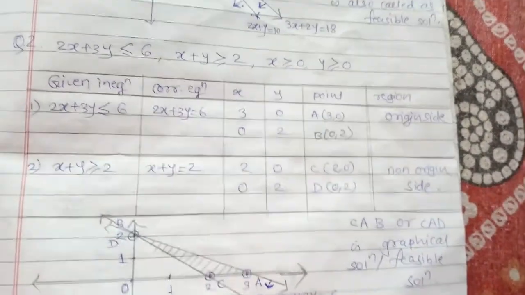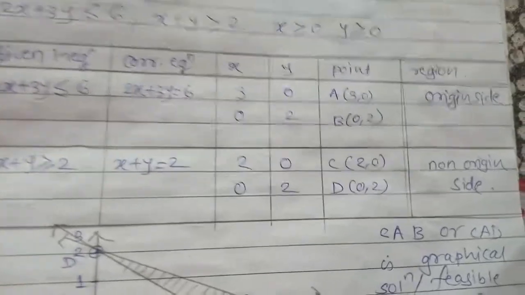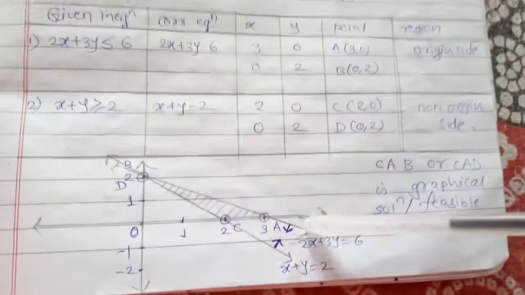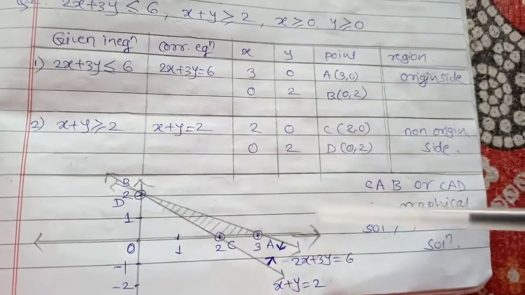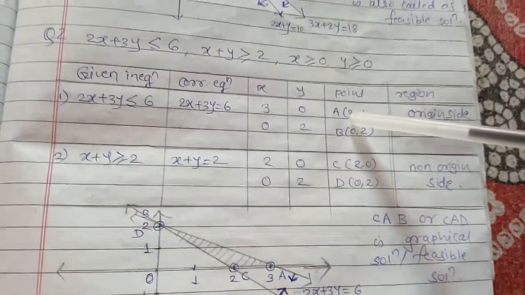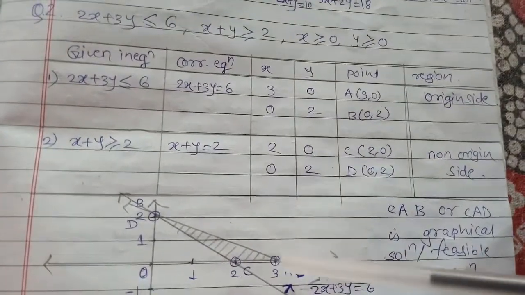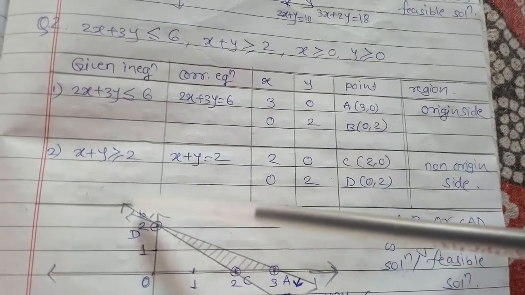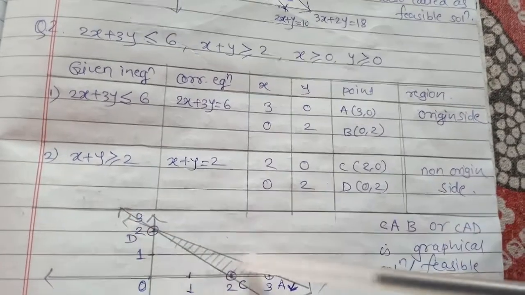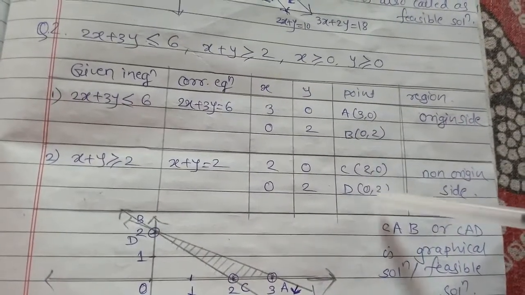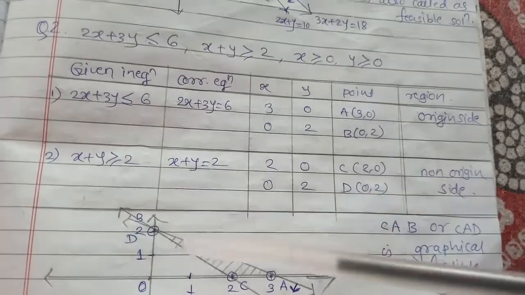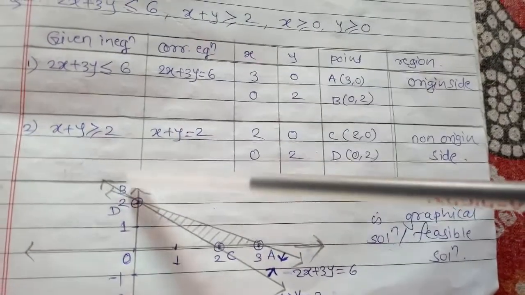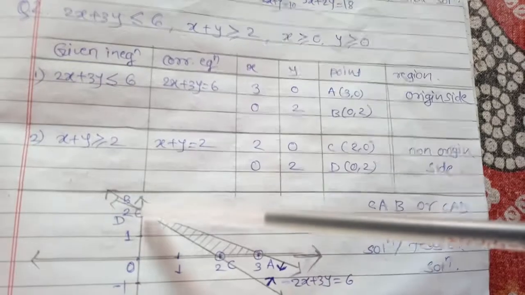Now see, the two lines we have to draw here. First we plot these 4 points A, B, C, and D. So we draw the graph here, that is 1 2 3, here also 1 2 3. A is (3, 0), so my A point is here, and B is (0, 2), so the point is here. So first join this AB. Since B and D have the same coordinates, they are at the same location, so my D point is also on B. And after that we draw this CD line, so their point of intersection is B and D here.